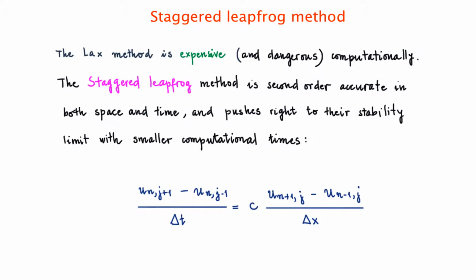The characteristic of this method is that it's second order accurate both in space and time. And as we'll see, it pushes right to the stability limit with a smaller computational time. That's what we need. And this is actually the final difference representation for this method, because if you remember, when